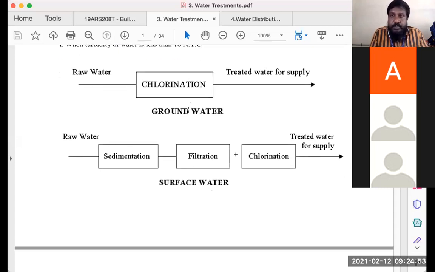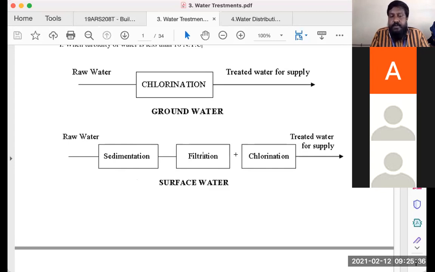But this is for groundwater, wherein the groundwater doesn't have much exposure to dust and other particles. Whereas a surface water has exposure to dust, sand particles, and clay particles, because where it's flowing from, it might carry all the debris also. So raw water on the surface needs a sedimentation. Sedimentation is nothing but leaving the water idle, wherein the solid substance in the water gets settled down. What settles down is called sludge, and it will be later removed. So once it is left for sedimentation, the water is taken through filtration.